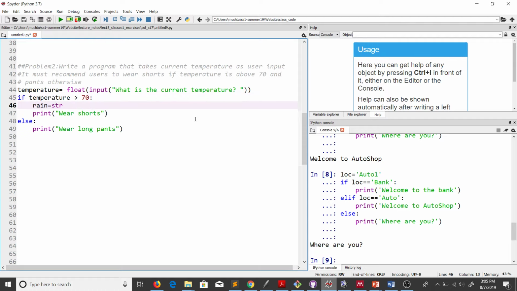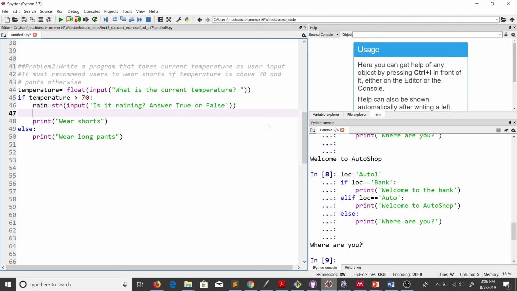So I'm trying to capture the user input in the form of a string. Let's say I'm asking the user, is it raining today? In addition to the temperature, right? So is it raining? Answer true or false. Okay. So if the temperature is greater than 70 and if it's raining, then rain is a variable here, and if rain is true, then do something. Or maybe the other way, if rain is false, so if it's not raining, then go and wear shorts,